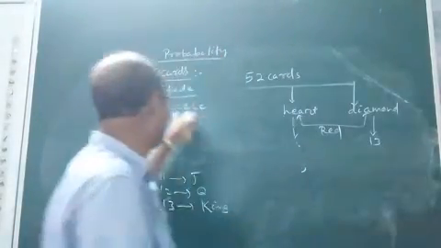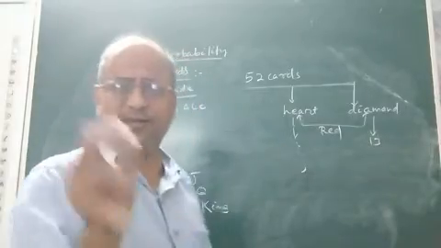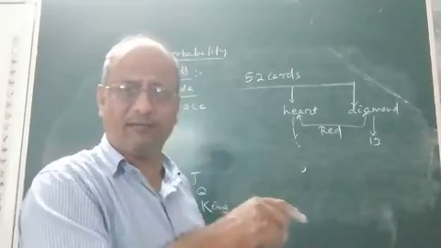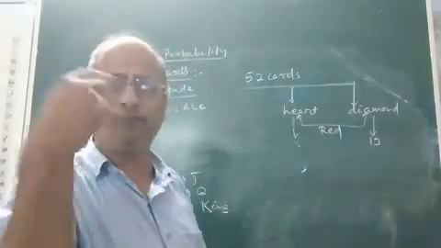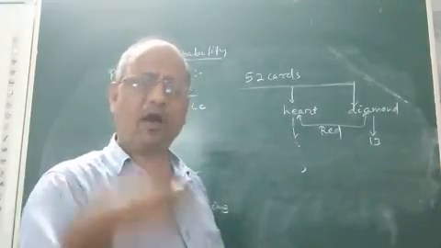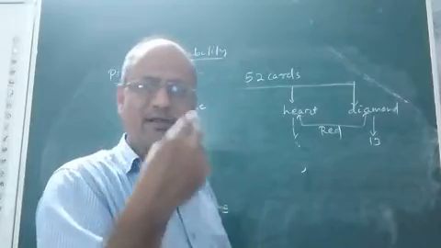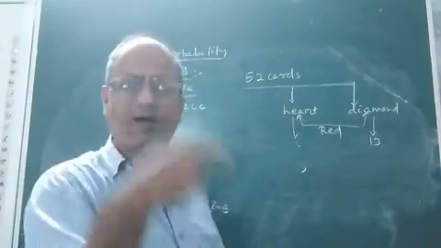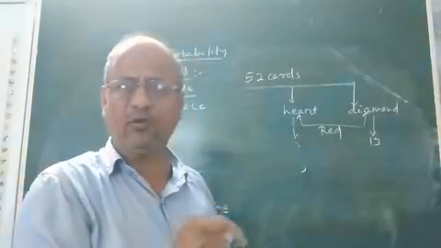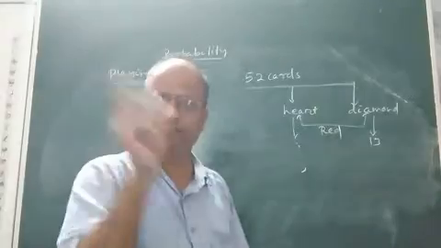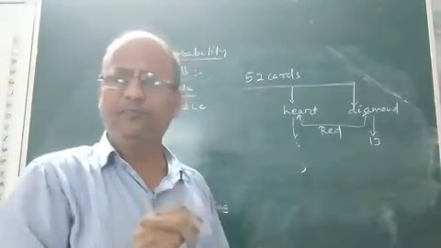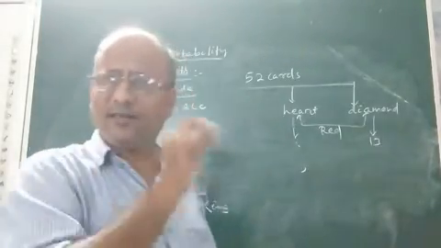Similarly, let us consider the case of the black suits, that is spade and club. If I ask you how many black kings are there, the answer is 2. How many black queens are there? The answer is 2. How many black jacks are there? Again the answer is 2. How many black aces are there? Ikka or ace, whatever you say, one from spade and the other from club. So definitely there are 2 black aces in a pack of 52 cards. This is the concept of playing cards.